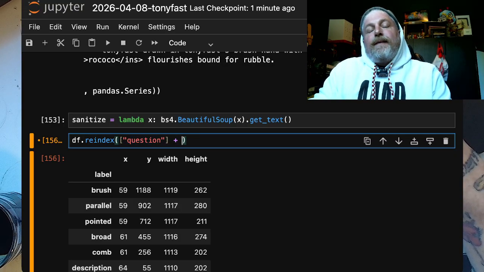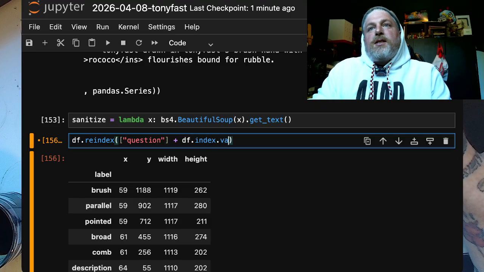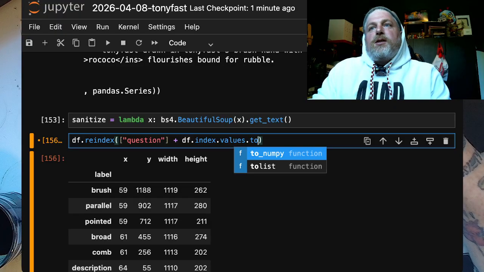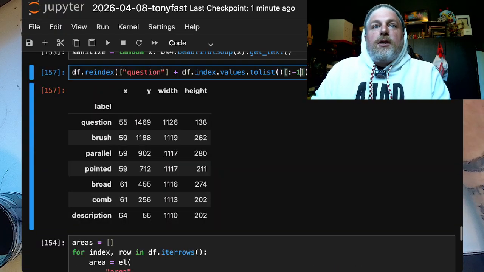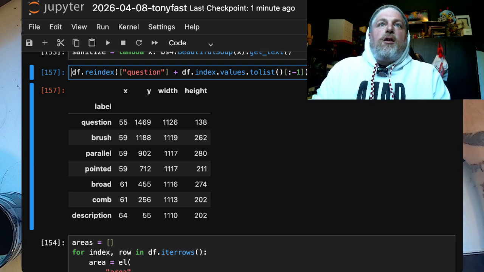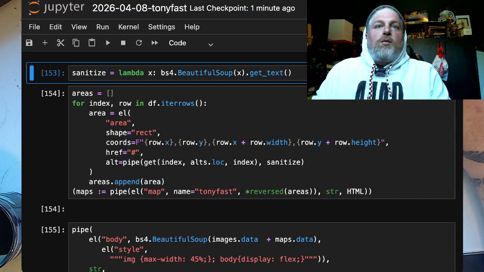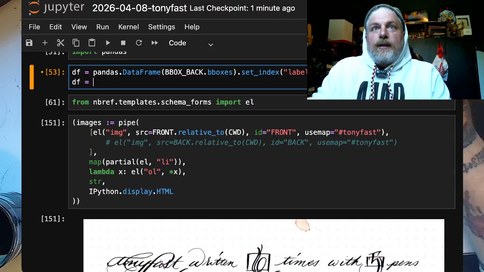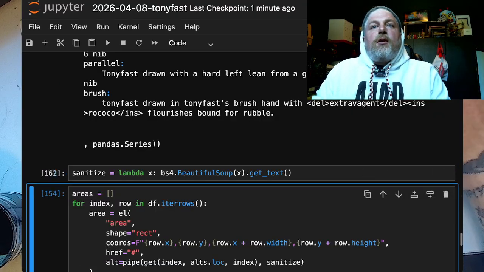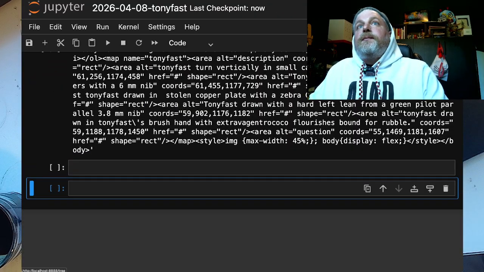plus df.index.values.tolist(), and don't include the last one. Okay, so now it should be reordered. And where'd I put df? Okay, so now we're reordered, and now when we go over here,